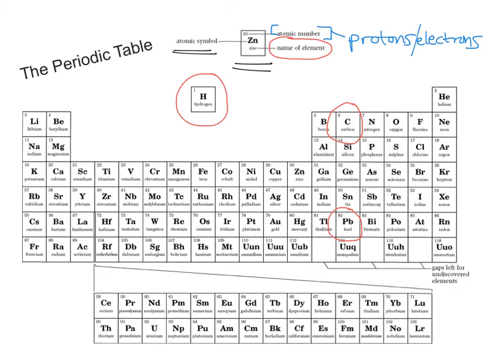Now, certain versions of the periodic table either give you all the information or omit certain bits. There is another number that you would find in these boxes, and that's called the mass number. And the mass number would tell you the total number of protons and neutrons. Neutrons being in the nucleus of the atom. So if you wanted to work out how many neutrons you have, you simply take the mass number, which is the number of protons and neutrons, you subtract away the atomic number, which would be the number of protons,